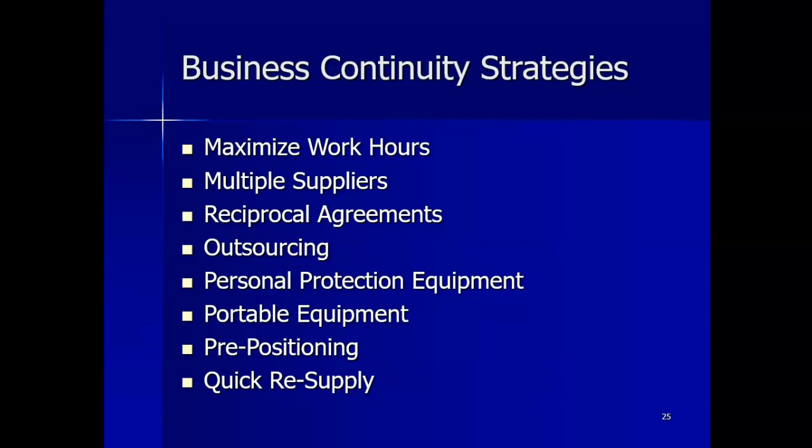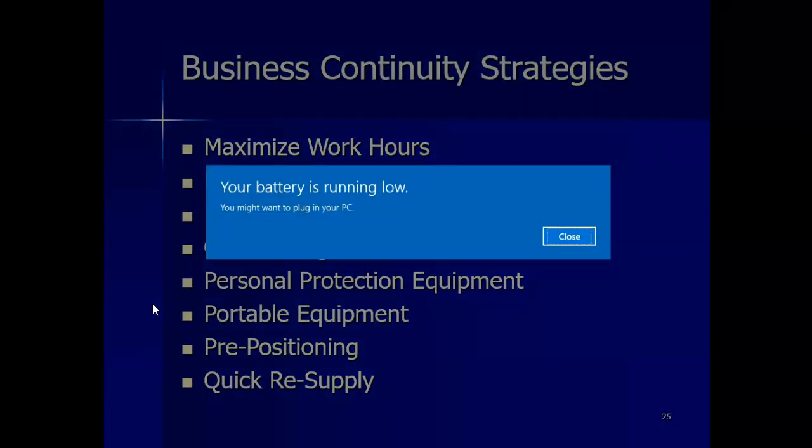Next, you have portable equipment. Portable equipment can sometimes be used to supply critical services such as compressed air and chilled water, normally supplied by permanent building systems. So portable generators can have important applications for most any organization. Portable equipment can generally be secured quickly, and often much faster than severely damaged building systems can be repaired or replaced. Next, you have pre-positioning, and pre-positioning involves